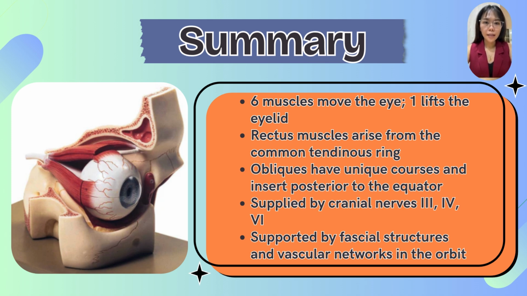The eye and its muscles are also supported by structures like Tenon capsule and Lockwood ligament, and they receive blood from muscular branches of the ophthalmic artery. In short, the extraocular muscles are small, but they play a big role in eye movement, coordination, and vision control. A good understanding of their anatomy, function, and nerve supply is essential for identifying